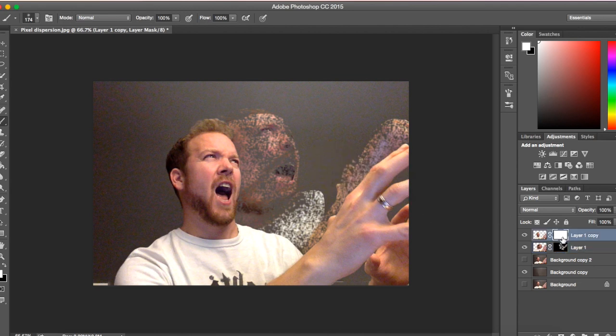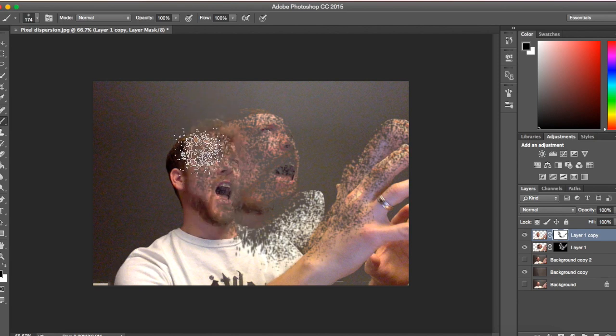If I come up to this layer now, the one that has this layer mask on it, and again I switch my colors over here so I'm painting with black, and click on myself, what I'm going to do on this one is actually hide this layer so that it looks like I'm taking parts of myself off here, and then they're coming through